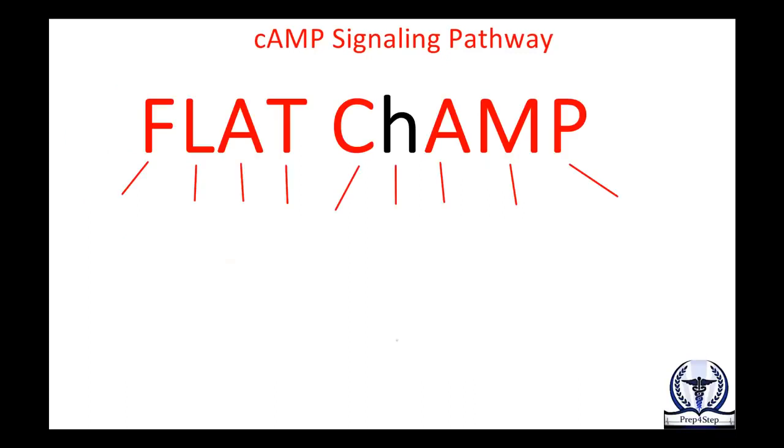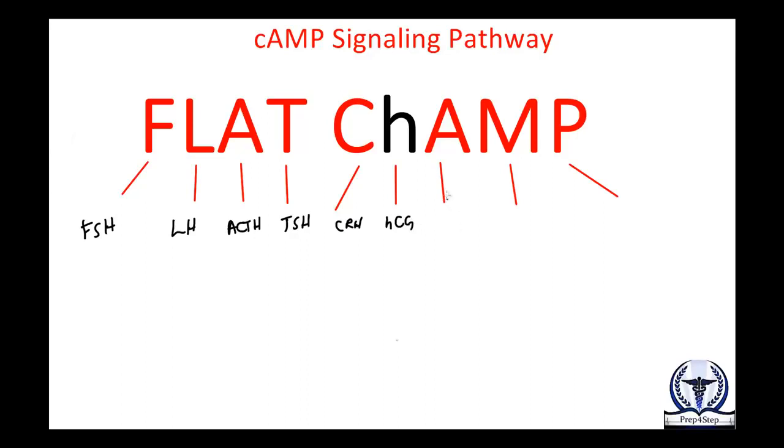Okay, so let's see what type of hormones actually use the signaling pathway. This is pretty good for the guys that are studying for Step 1. The mnemonic used to memorize the names is called FLAT cAMP, right? And each of these stands for something. The first one is FSH. The L is LH. The A is ACTH. The T is TSH. The C is CRH. The little h stands for